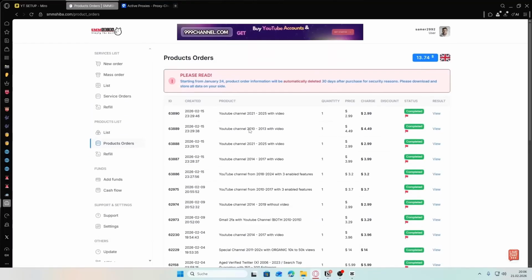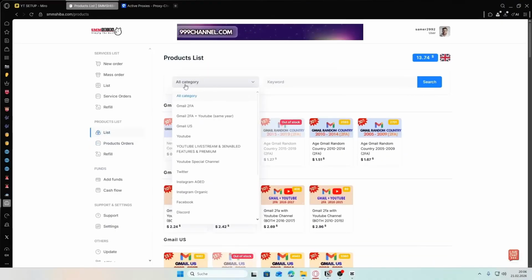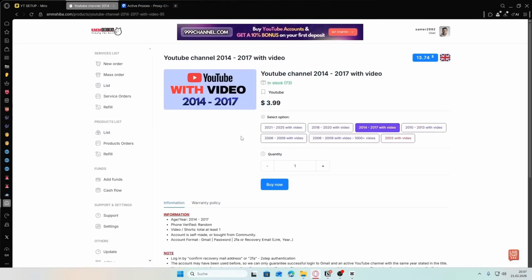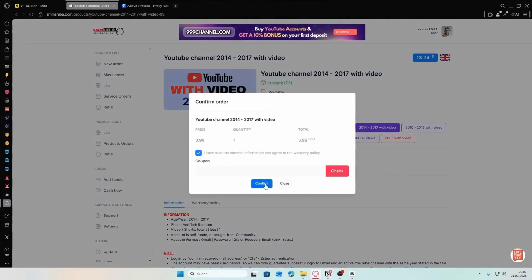All right, so I'm currently at my dashboard on smmshiba.com, and do not get confused by the website names. SMM and SMM Dodge are actually the same website. So all you have to do once you've created yourself an account here is to go on list, click on this category icon, select, and here you want to select something, basically any option that says from with video. So I'm going to choose this one right here, and this should be already fine. 2014, 2017, yeah. Now I'm going to click on buy, confirm,